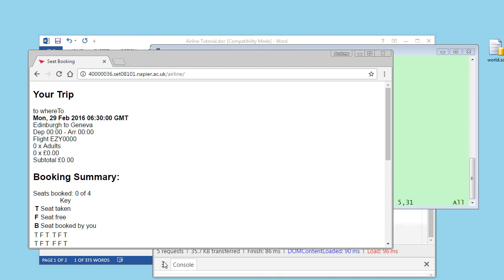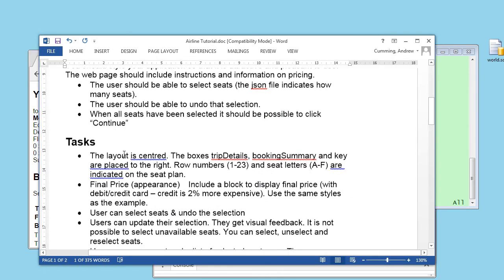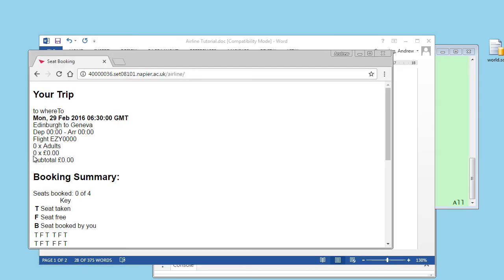Let's take a look at the list of tasks that we have to do. First thing, layout is centered. The box's trip details and booking summary are placed to the right, and the row numbers and the seat numbers are indicated on the site plan. Let's try that. And